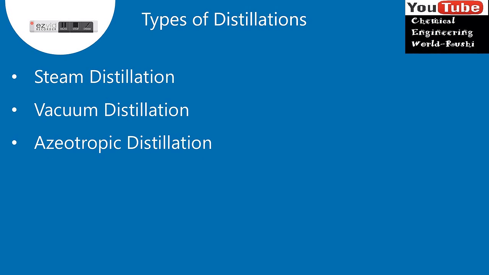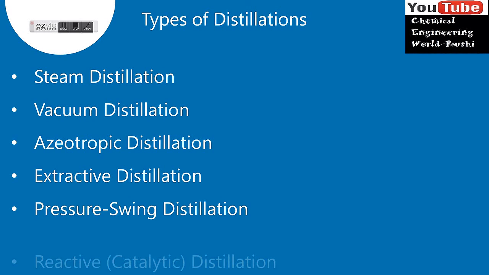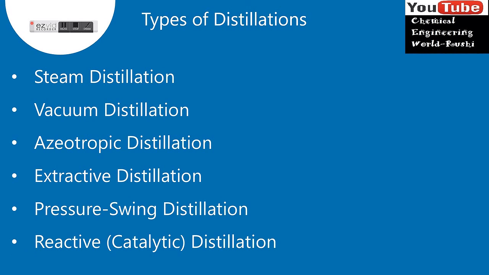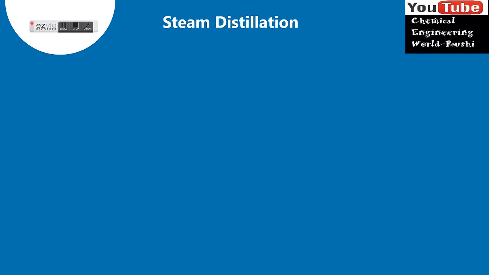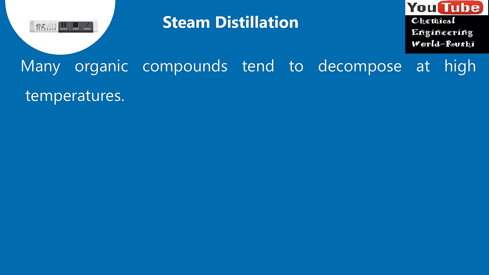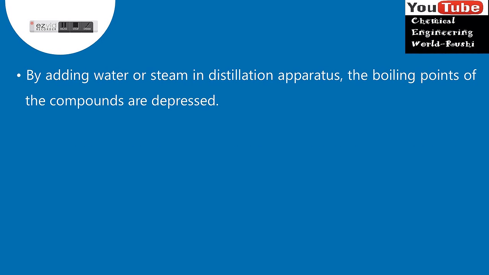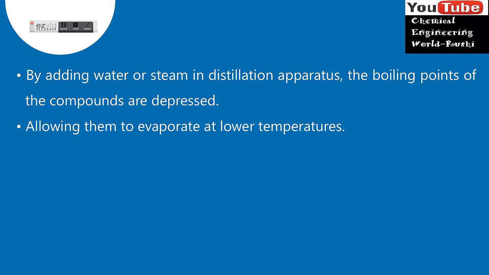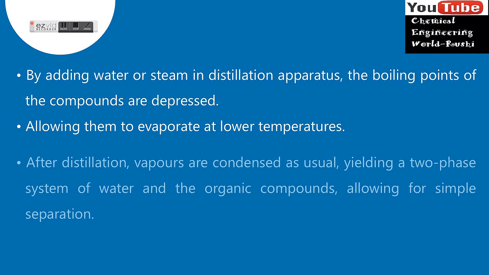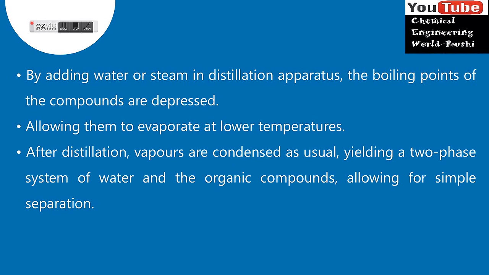Types of distillations. Steam distillation. Vacuum distillation. Azeotropic distillation. Extractive distillation. Pressure swing distillation. Reactive, catalytic distillation. First is steam distillation. Many organic compounds tend to decompose at high temperatures. Steam distillation is a special type of distillation process for temperature-sensitive materials like natural aromatic compounds. By adding water or steam in distillation apparatus, the boiling points of the compounds are depressed, allowing them to evaporate